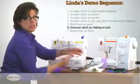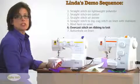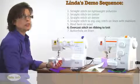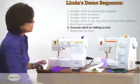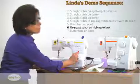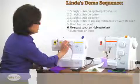I always think it's a good idea to show stretchy fabrics. And the reason why you do that is a lot of people want to sew on knits and they just don't know how to do it. And so this is where we're going to use some of our stretch stitches. So I'll look for a stitch over here that I want, maybe this little overcasting stitch, G, or I could use it on E. Let's go ahead and use E. So I've got it still on E, and I'm just going to slide this over here to the stretch stitch